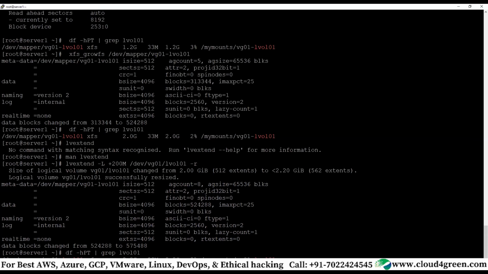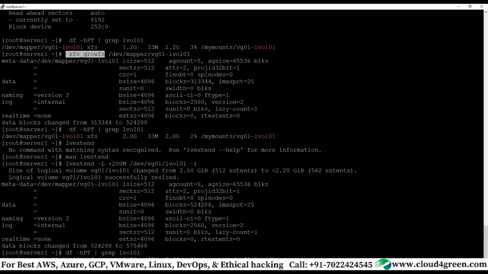Clear? Now, if you are in an ext4 file system, xfs_growfs will not work. XFS grow is for what? Growing an XFS file system. So either you can use -r directly, even if it is the ext4 file system, or if you are using an ext file system, just issue this command. Either you can use this command itself directly for both purposes, extending the logical volume and extending the file system, or you use this command first, and instead of xfs_growfs, you have to use resize2fs.